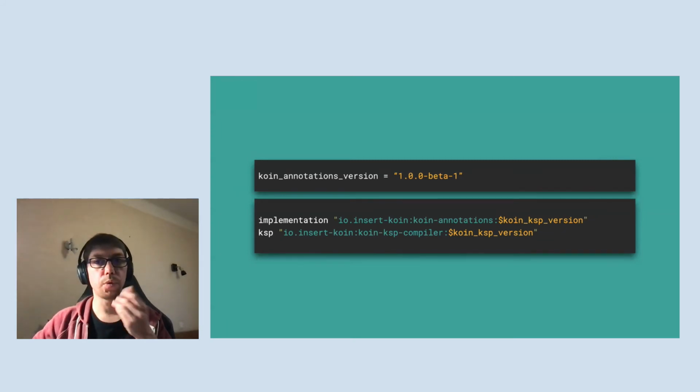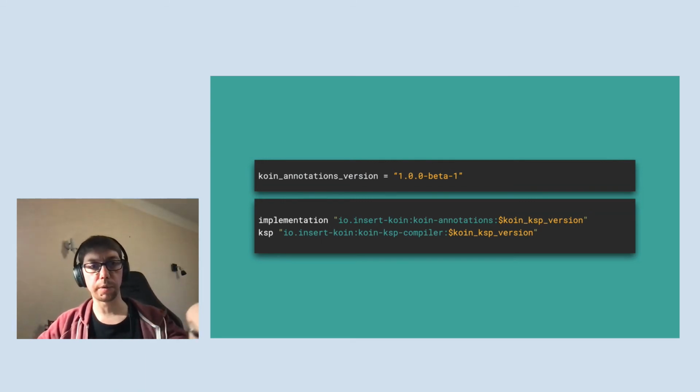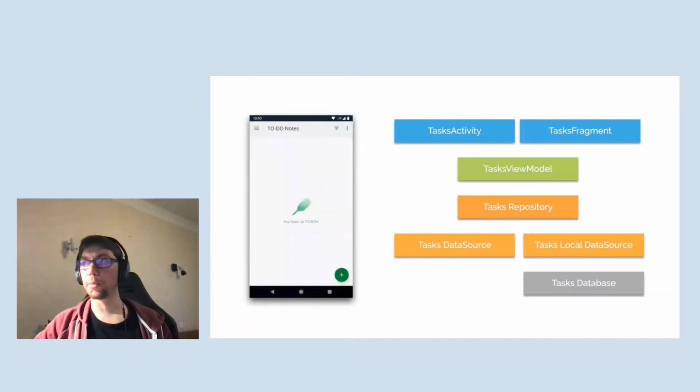Quickly, I will show you how we would annotate everything, using annotation in the to-do application that we had together just before. Here you will use the Gradle dependency. You have to use Koin annotation and Koin KSP compiler with the KSP plugin. But I will give you the reference on the online startup project to help you start with KSP at the end of this presentation. Let's go back to our super shiny to-do application, and then let's go with defining everything